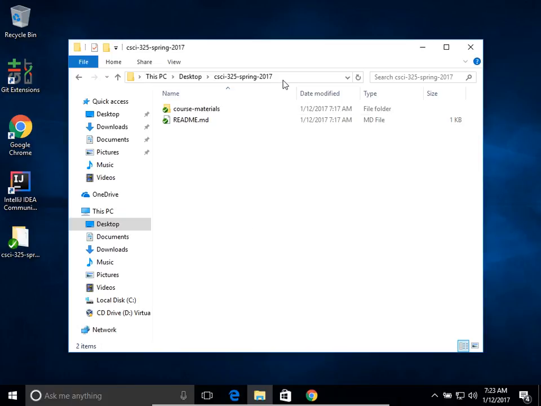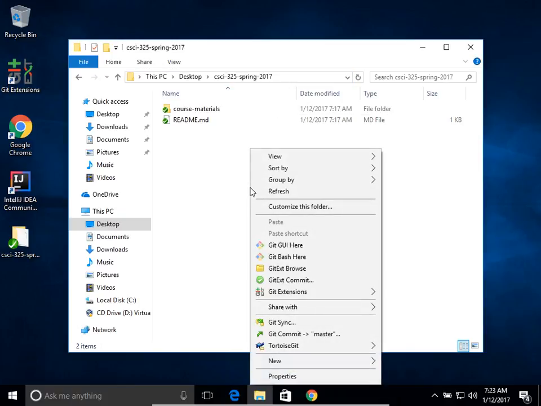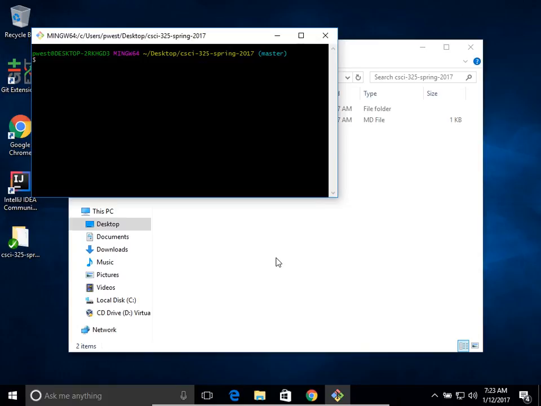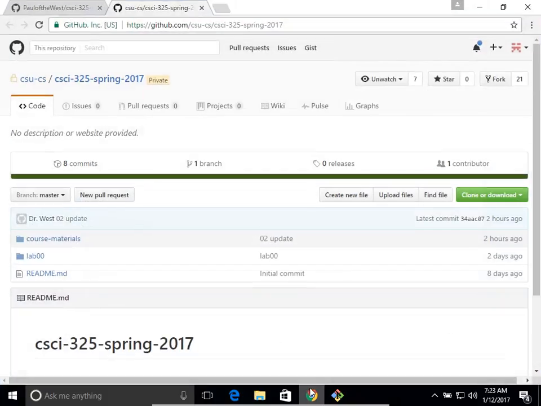So back in here, make sure you're in your directory, right-click on the space. This is where you're going to click on Git Bash here. When you click on that button, it should bring up a terminal. As long as you get this terminal, everything's good. Make sure you're in that directory. It says master. You're going to do git remote add upstream, and then what you want to type in is